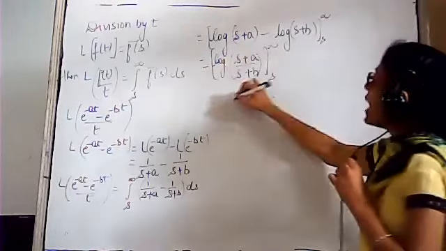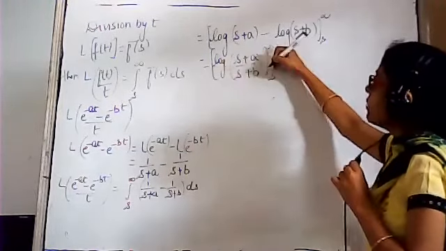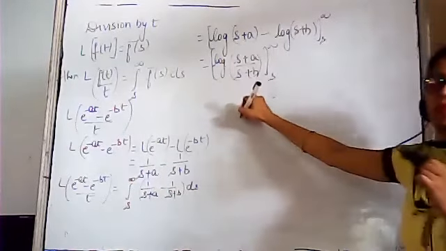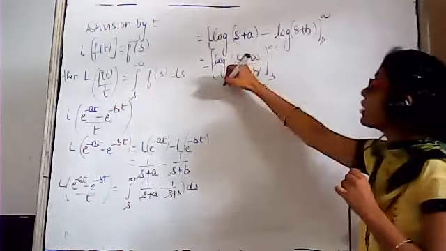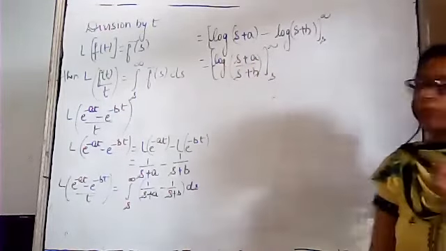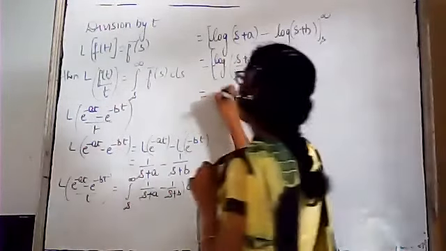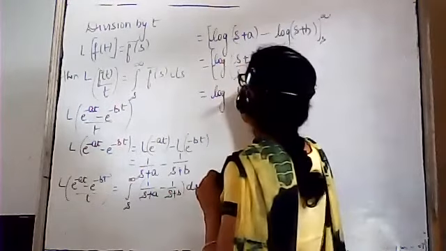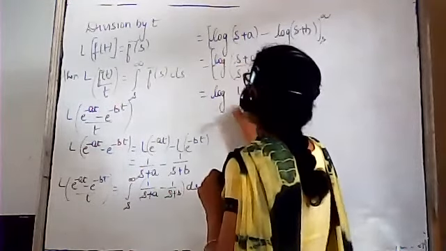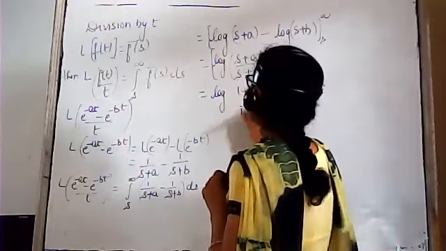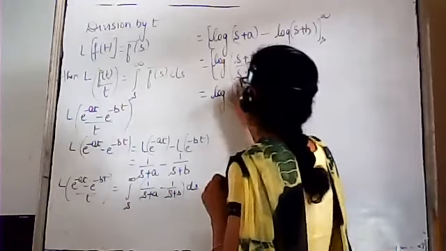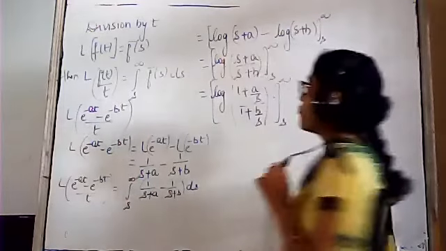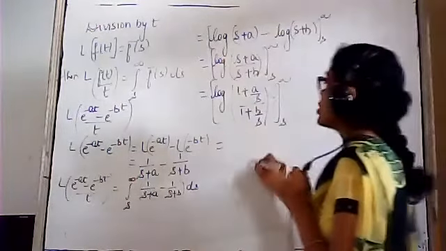Now as we have infinity in the limits, first of all we have to change this s in the form of 1 upon s, because when we put infinity the whole term will become infinity, not defined. First of all change this s to 1 upon s. Take s common from here, and you will get this. Similarly in the denominator, this is 1 plus b upon s, and in this we have the limit from s to infinity.